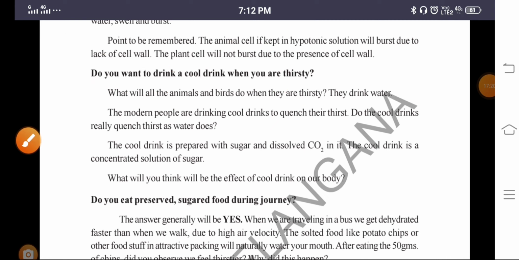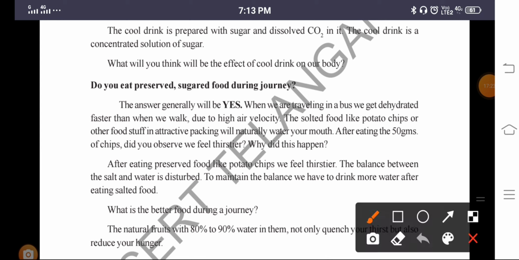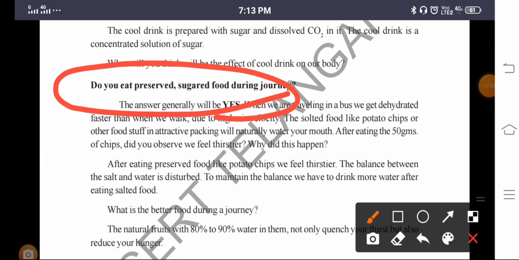And next, another one here: pickles. It is the importance of osmosis in preserved and sugared food materials. Here also we can preserve the pickles. While preparing pickles, after keeping them in a bowl, to keep them for long days we have to add more salt on the surface of the pickle, to keep a high concentration, so that no insects come in contact and spoil it.